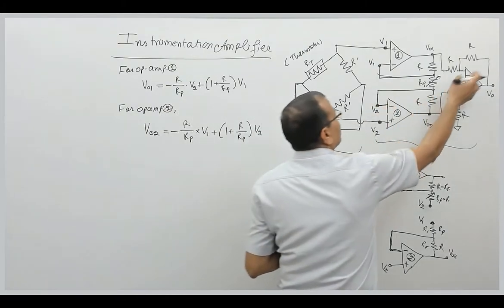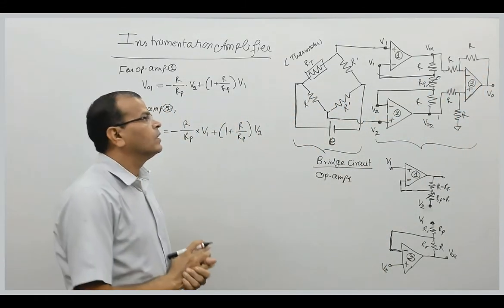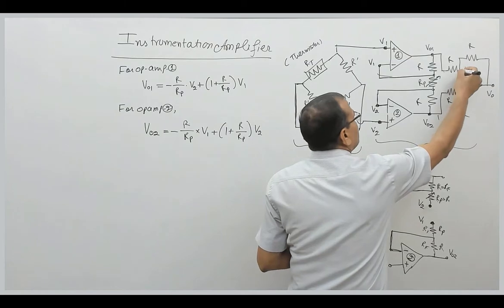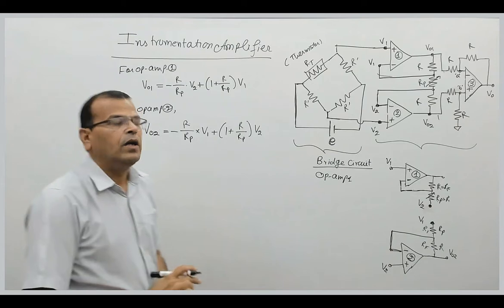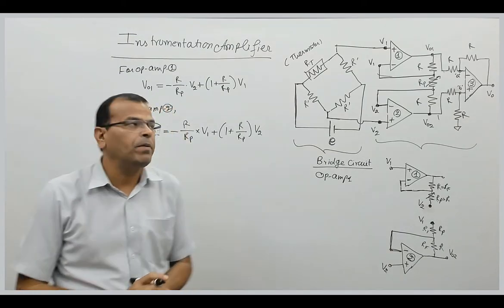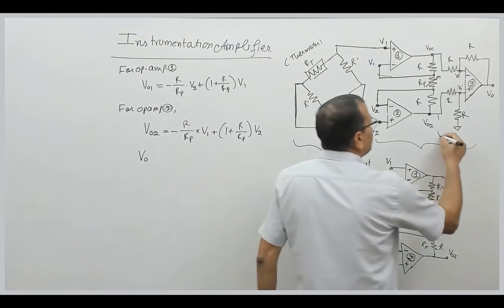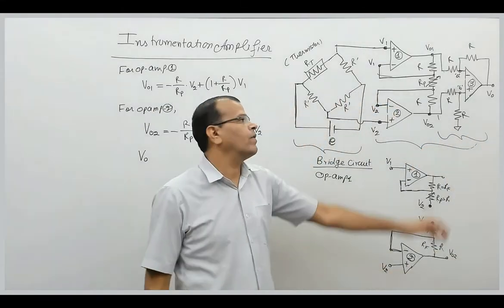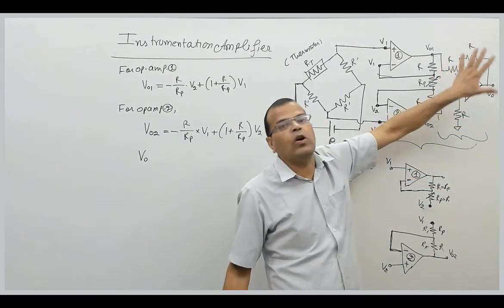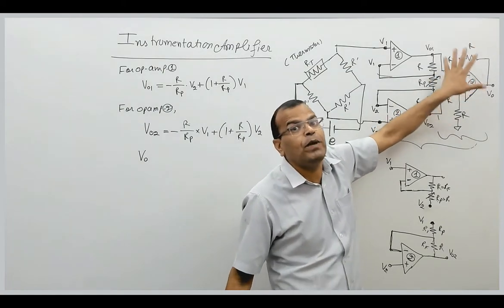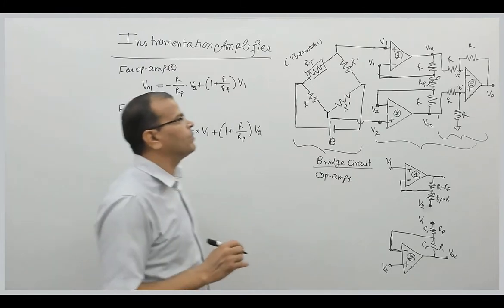Now see the circuit carefully. That is a simple difference amplifier. Say this is node A, this is node B. Fine. So for a difference amplifier, if you remember, what is the output? I repeat, whenever all resistances are the same in this configuration, this is called a difference amplifier or a simple subtractor circuit, right? So the output of the subtractor circuit can be obtained like this.